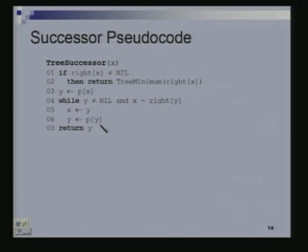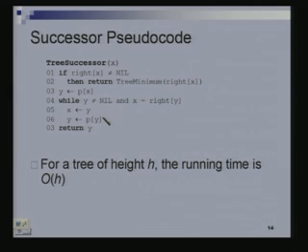So, you can have a closer look at this code and convince yourself that it is correct. Once again, what is the running time of the successor code? Order h. In one case we are going down the tree, but we can only go down as many levels as the height of the tree at most. In the other case, we are going up the tree, and the maximum number of levels we can go up is at most the height of the tree. Everyone with me?